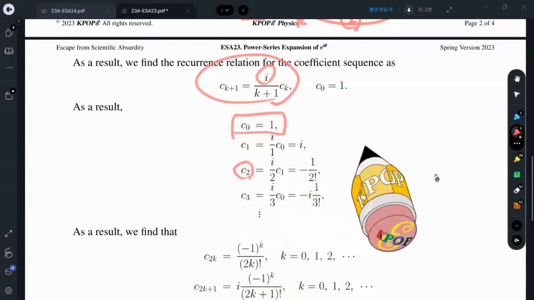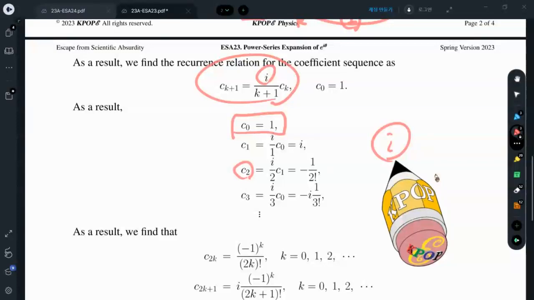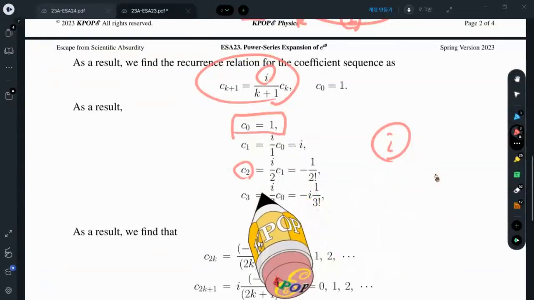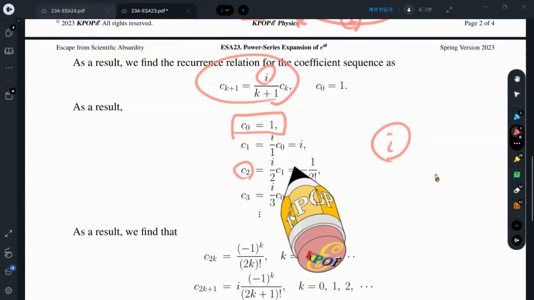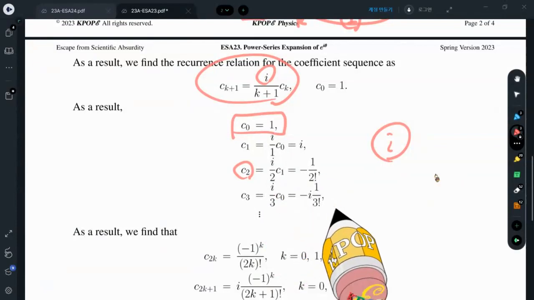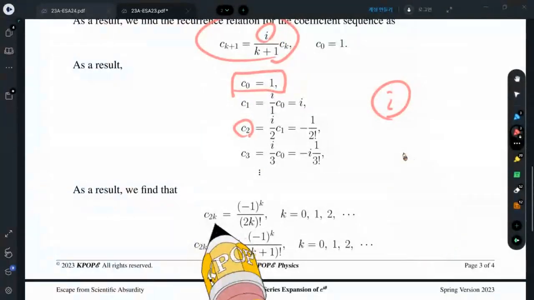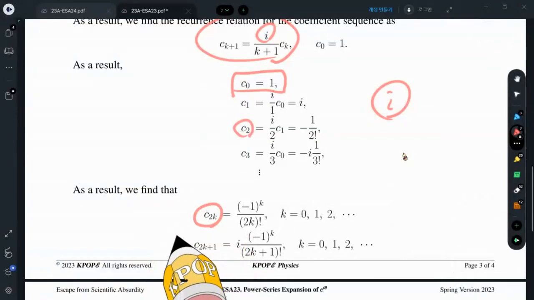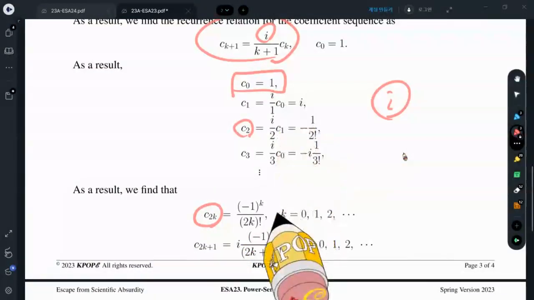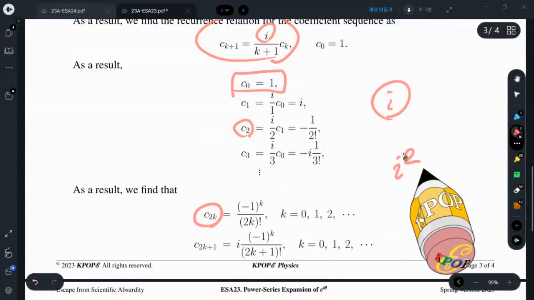So I have increasing power of i, and I have increasing factor of n, 1, 2, 3, 4. Therefore, finally, I can determine the coefficients as if I have even terms, it steps by twice, so i squared